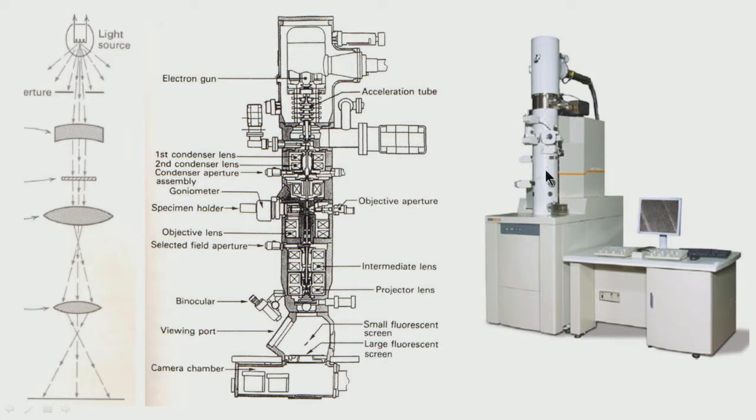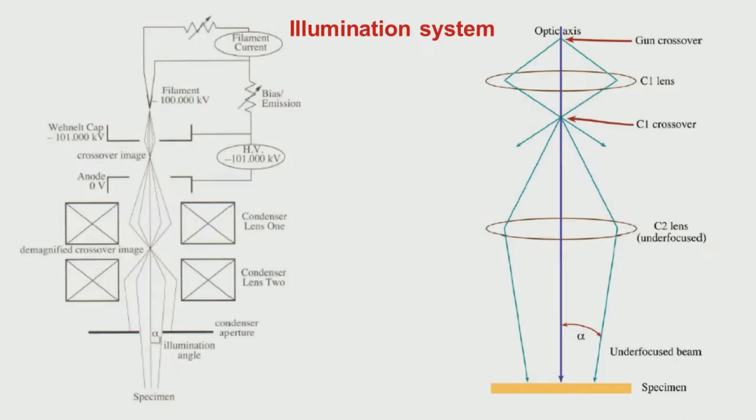You cannot see any of these things. This is a microscope which is essentially remote controlled, so that you do not see a screen also. These details about the latest developments I will go into later, but not in this class. Let us first look at the illumination system before the specimen, what happens there.